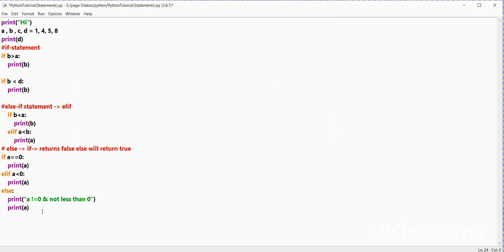So these three statements, if, elif and else, are used regularly while we are coding some program or developing any application. So keep practicing on these statements. I will make another tutorial for loop, but now I am only showing how to use if condition in a for loop, right? So let me initialize here